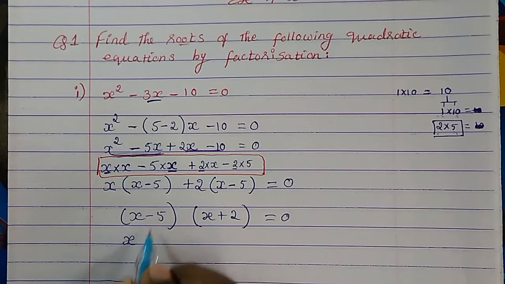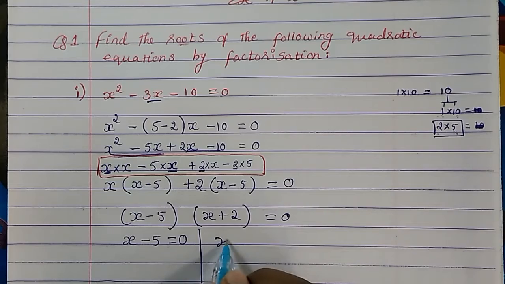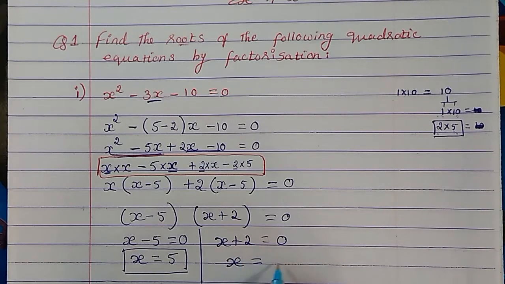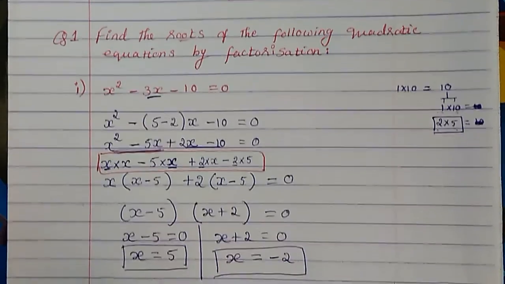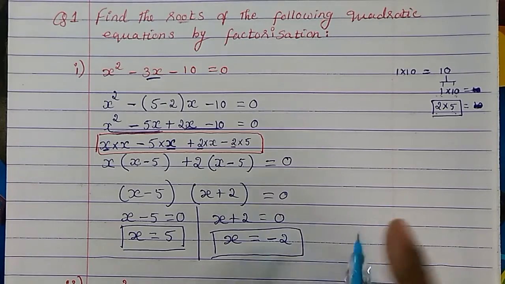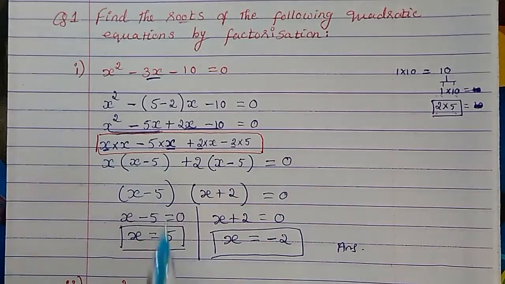Now this x minus 5 equal to 0. Here also x plus 2 equal to 0. So x equals minus 5 comes to this side, becomes plus 5. So this is our root. And then here x equals plus 2, when it comes to this side becomes minus 2. So this is another solution, which we call a root. So this is our answer. These are the two roots we have for this quadratic equation.